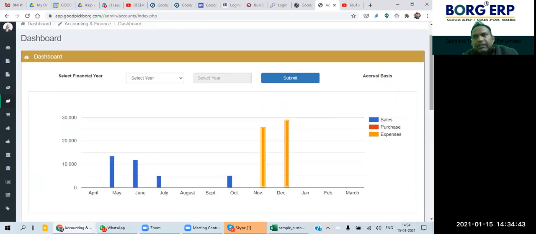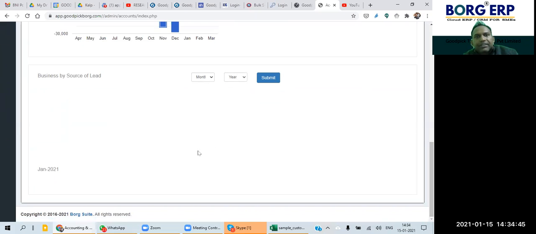Now here there's a third graph. The entry is not there, that's why it's not visible. It shows the revenue based on the source. Source means the lead source, the business source. For example, a lead that has been received from your reference. Say you have 10 leads converted from your references, so it will show from that particular reference or marketing channel.